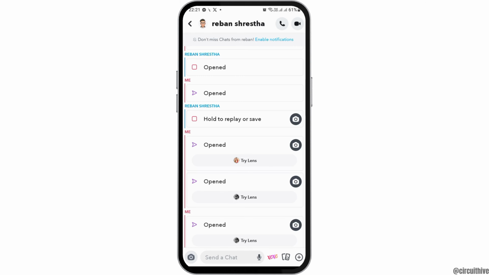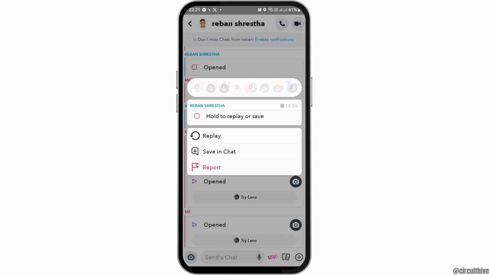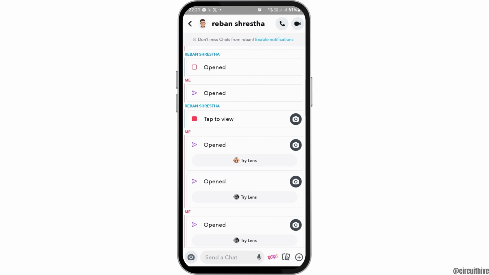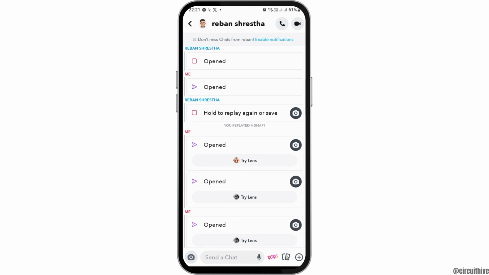Now in order to view it again, or in order to see the snap once again, you can hold it like this, and after you hold it like this, you can tap on the option of replay, and after that you can go to the option of tap to view, and this way you can see the snap again on Snapchat, and this way you can replay the snap by holding it and tapping